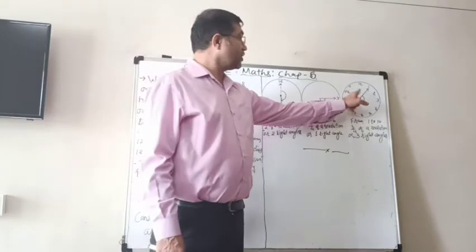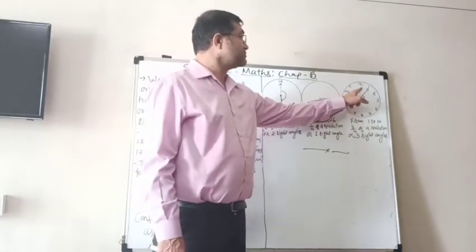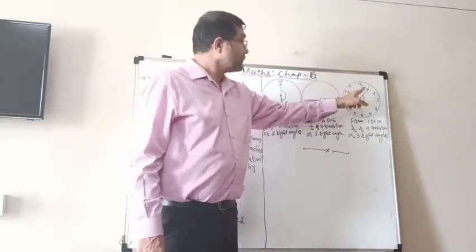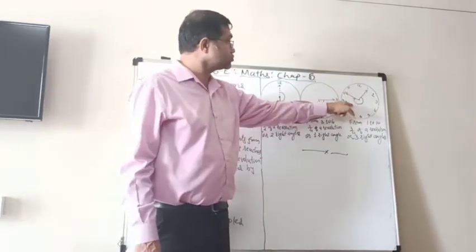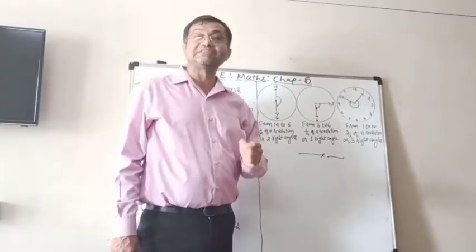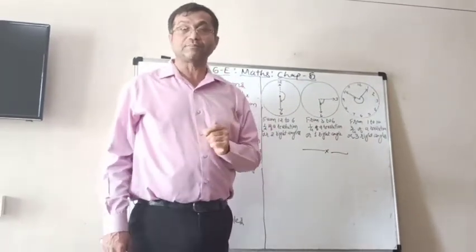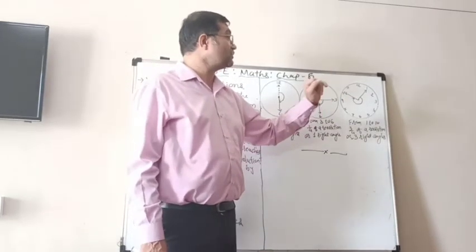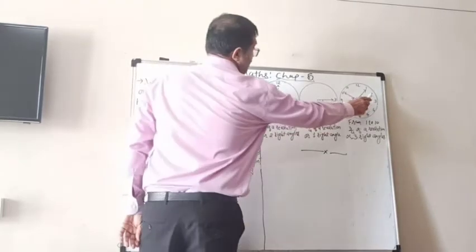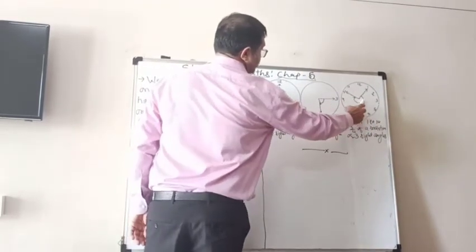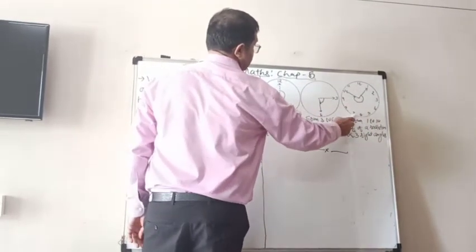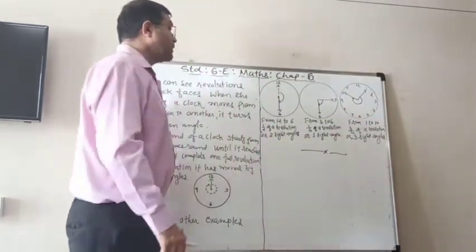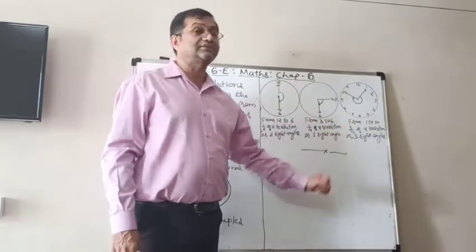But now, here also it looks like a right angle, but look, it starts from 1 and goes clockwise, not anti-clockwise, but clockwise. And then it is 3/4 of a revolution, or how many right angles? It will be 3 right angles. How? From 1 to 4, 1 right angle, then from 4 to 7, 1 right angle, and then 7 to 10, the 3rd right angle. So it is moving by 3 right angles.